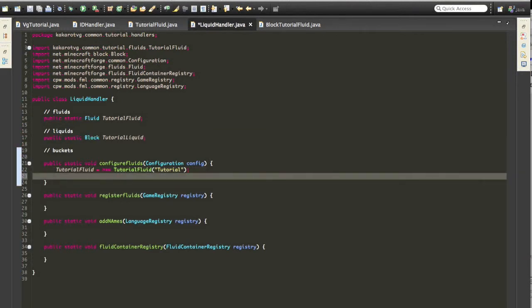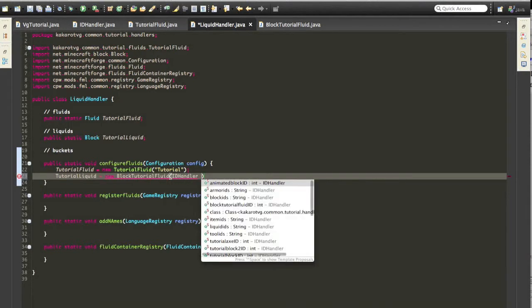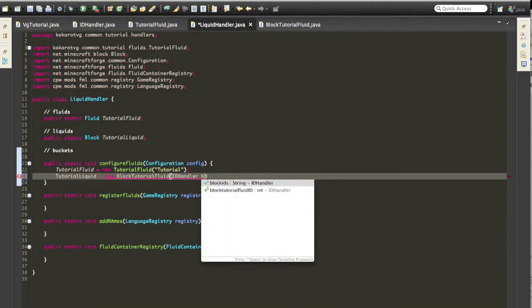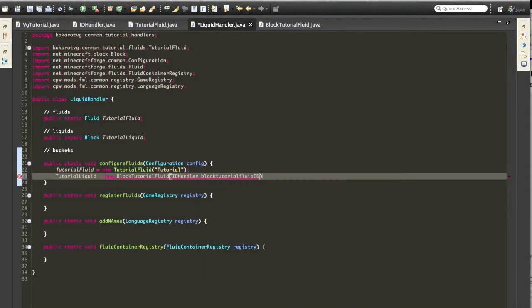Now in here we put in tutorial liquid equals new, then block tutorial fluid, and id handler dot block tutorial fluid id,